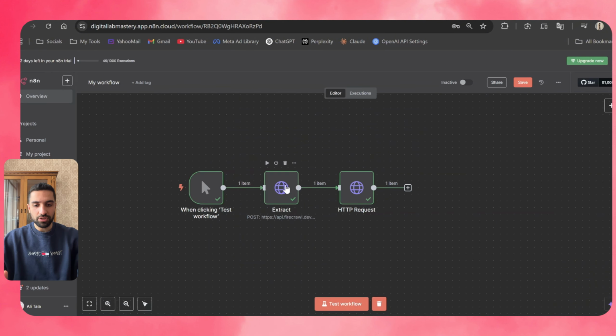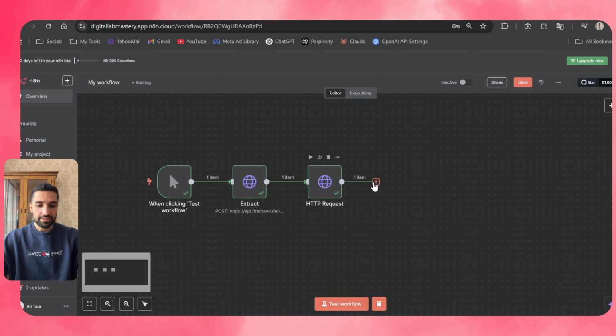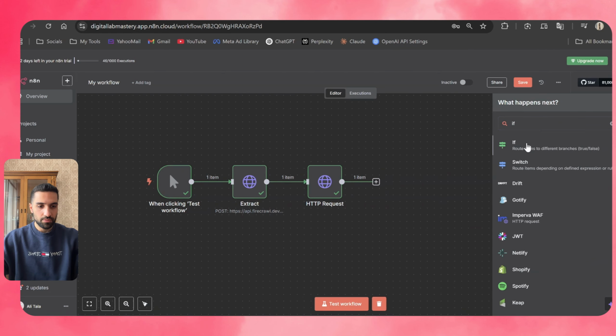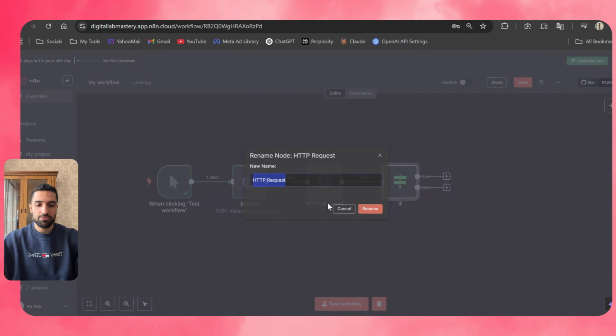Once we send the request here to FireCrawl, it will begin the process of scraping all the data from the URL, and sometimes it takes 5 to 10 minutes. So what we can do here, we can always check the status of the request, whether it is completed or not. So here we can add a wait time, and tell our automation that if the status is still in progress, wait for a few minutes and try again. So what we're gonna do here, we're gonna add an if node, and here we can change this name to status check,